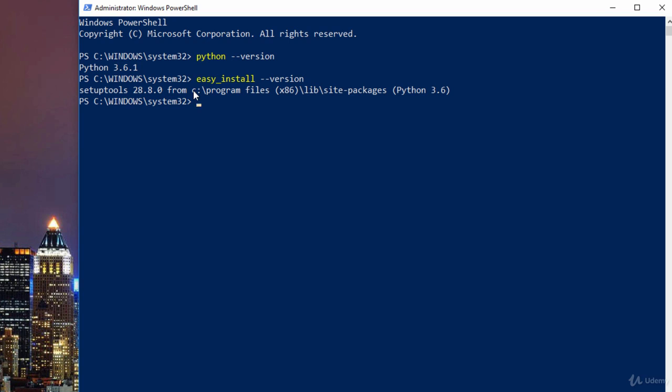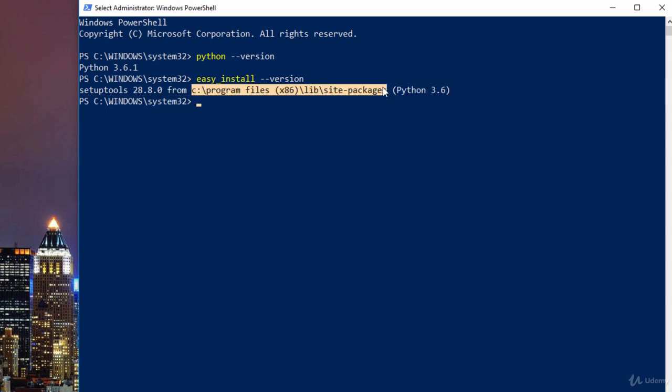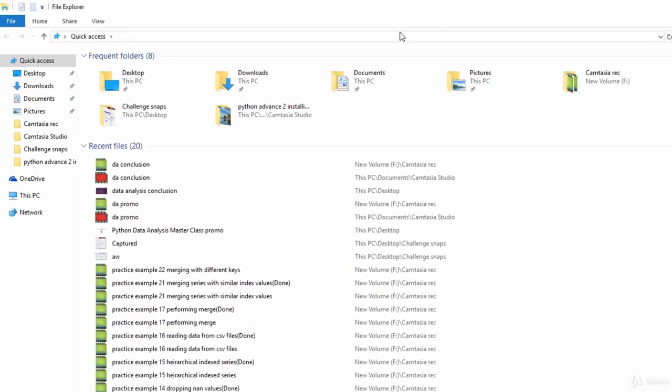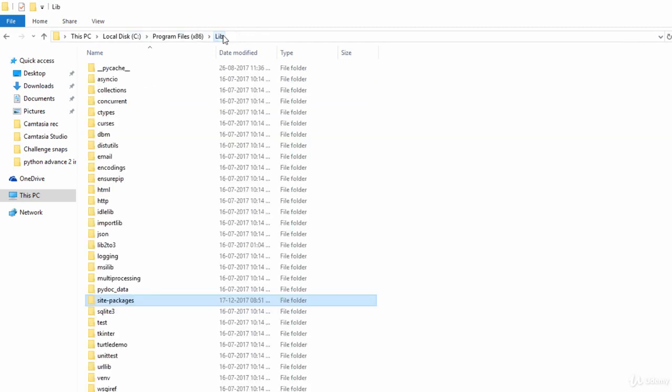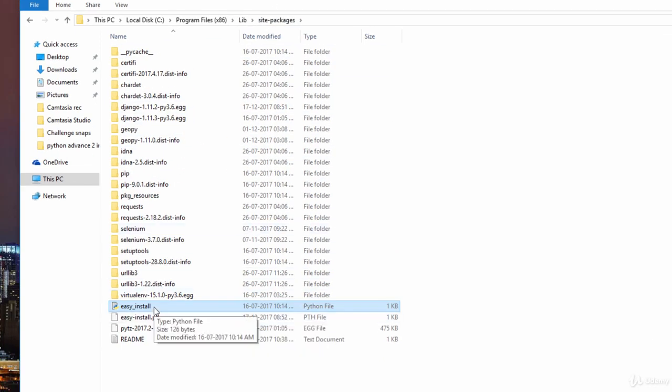But if you don't get this path, then what you have to do is go to the path in your file explorer where Python is actually installed. In my case, I have Python installed over here. So I'm simply going to go to this particular path, and I will just copy that. Hopefully you guys know where Python is actually installed on your computer. I'm just going to paste this path over here. As you could see, this is where Python is actually installed on my computer. If I go over here, as you could see, I will have a file which says easy install, and you want to make sure